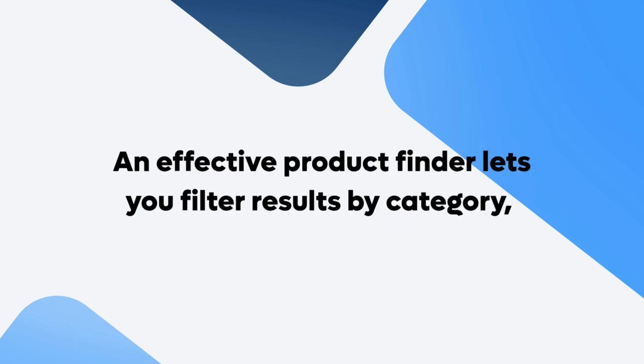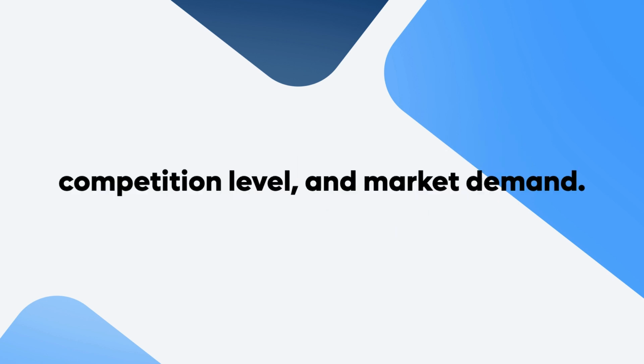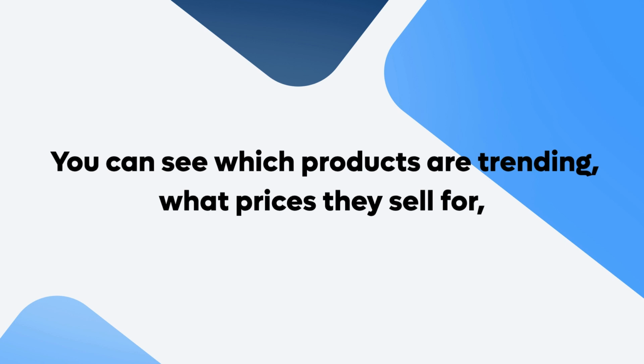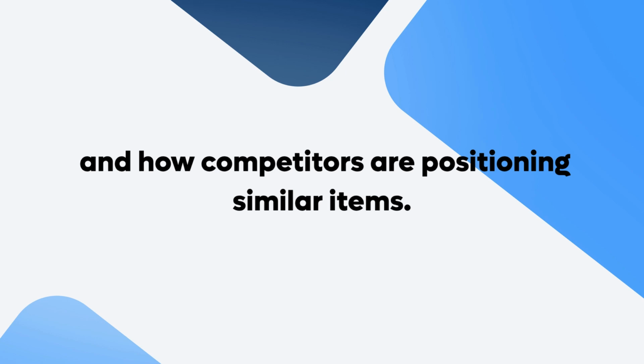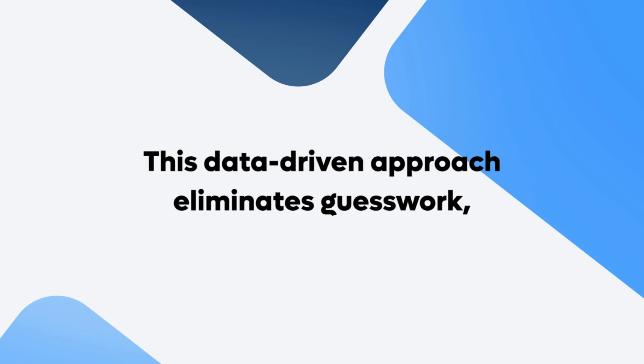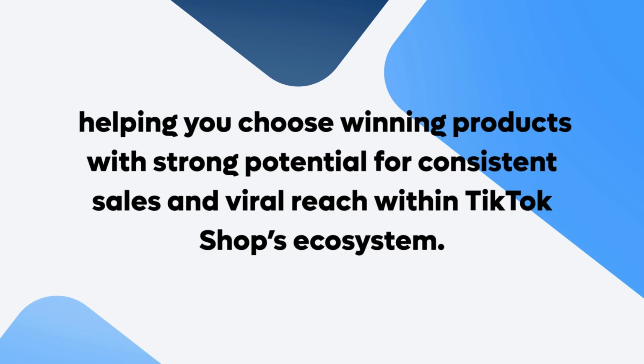An effective product finder lets you filter results by category, competition level, and market demand. You can see which products are trending, what prices they sell for, and how competitors are positioning similar items. This data-driven approach eliminates guesswork, helping you choose winning products with strong potential for consistent sales and viral reach within